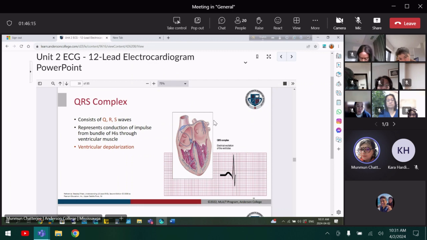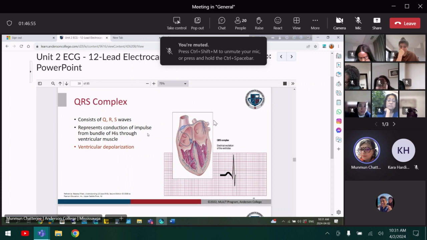These two valves close, right? And during the contraction, the specific valves lead to specific areas: from the right ventricle it goes to the pulmonary artery, and from the left ventricle it goes to the aorta. So this contraction is the ventricular depolarization. Contraction means systole. So due to the ventricular systole, during ventricular depolarization, the QRS complex takes place. So what does it represent? It represents conduction of